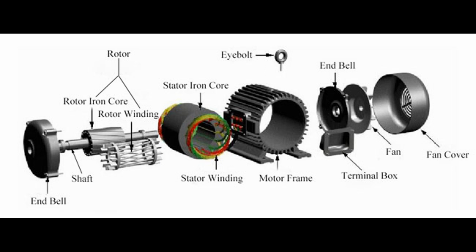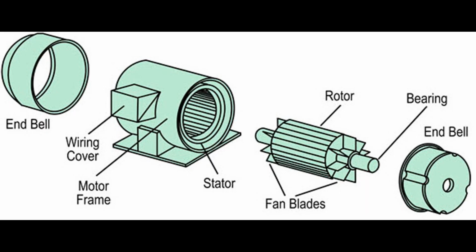This changing magnetic field induces an electric current in the stator coils, as described by Faraday's law of electromagnetic induction. The induced current in the stator coils is what generates the alternating current, AC, electricity. AC generation. The alternating current generated in the stator is a result of the rotor's rotating magnetic field. As the rotor turns, the magnetic field changes direction, which leads to the continuous production of AC in the stator